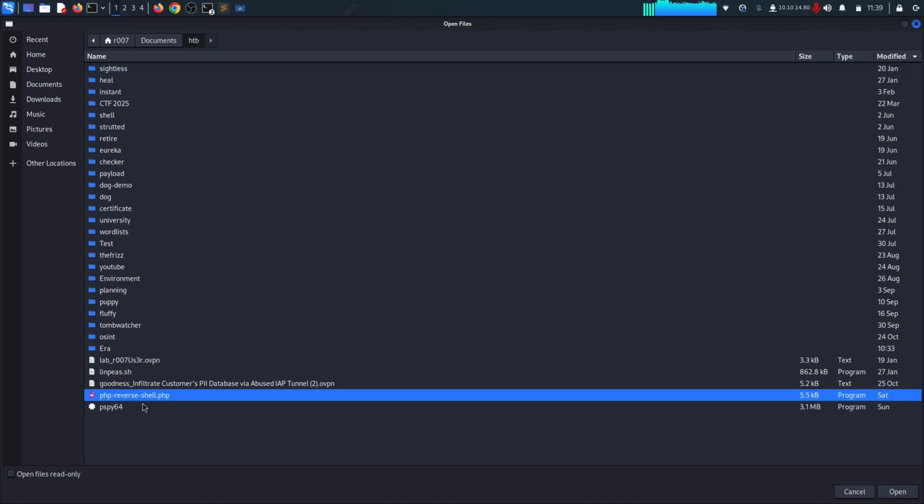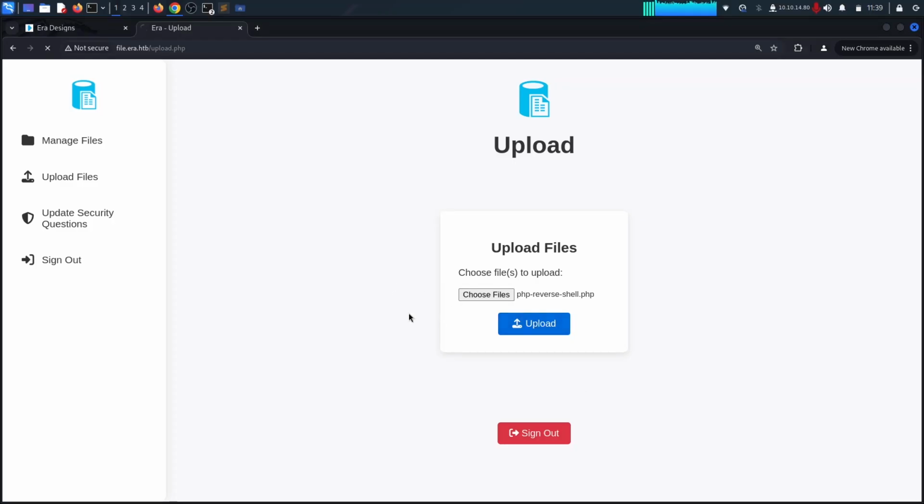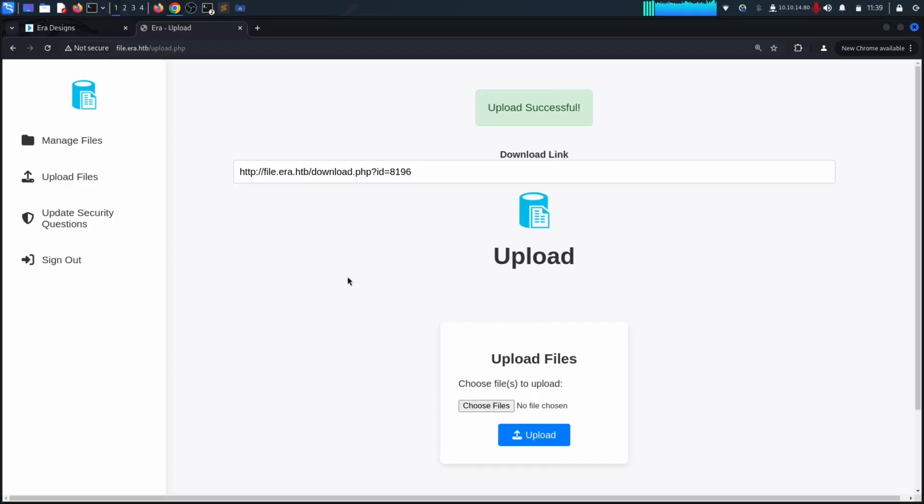Let me just upload this PHP wrapper shell. I'm not going to modify anything, I'm just going to upload it. Okay, so we can see what we have. It's actually giving us a download link to that particular resource that we uploaded, and it gave us an